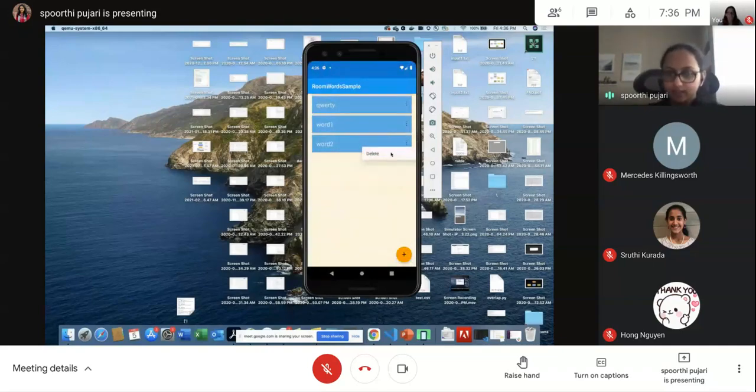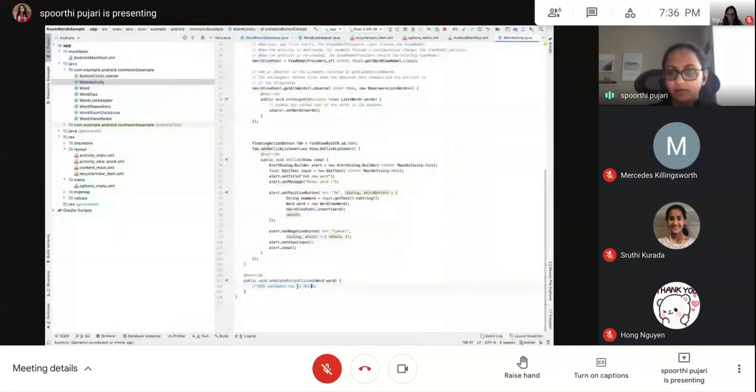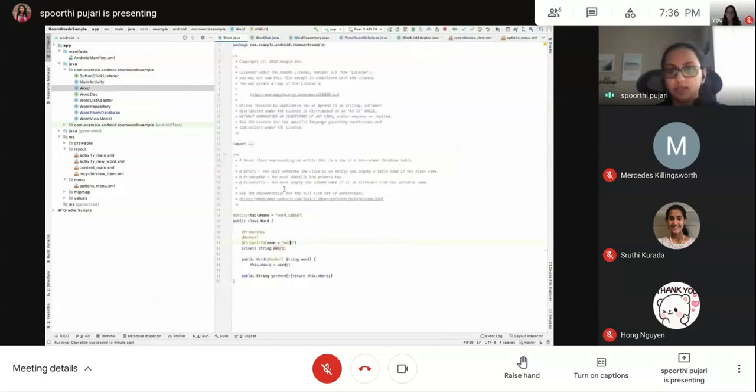Now I said there is a delete functionality here, which I've not implemented. So this is the part where you need to implement the delete functionality. Does anybody want to tell me how to do that, like what to change? Let's see what we don't have to change first. We definitely don't have to change our entity. We don't have to add any new columns to delete a word. We just need to delete an entry from this table.